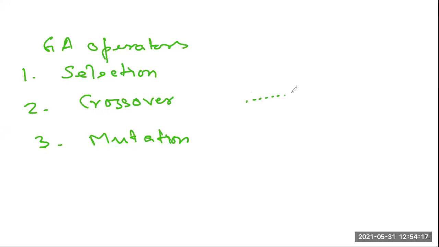Let us say ants are going line by line. If the food is here, gradually they will move from here to here. They will always try to gather the food. Normally in any household, if you place some food in an open space, what will happen? We'll see a number of ants accumulated. When you placed that food, you didn't know that ants were there. But after some time, you can observe that there are n number of ants moving here and there, taking food and going to some other space.